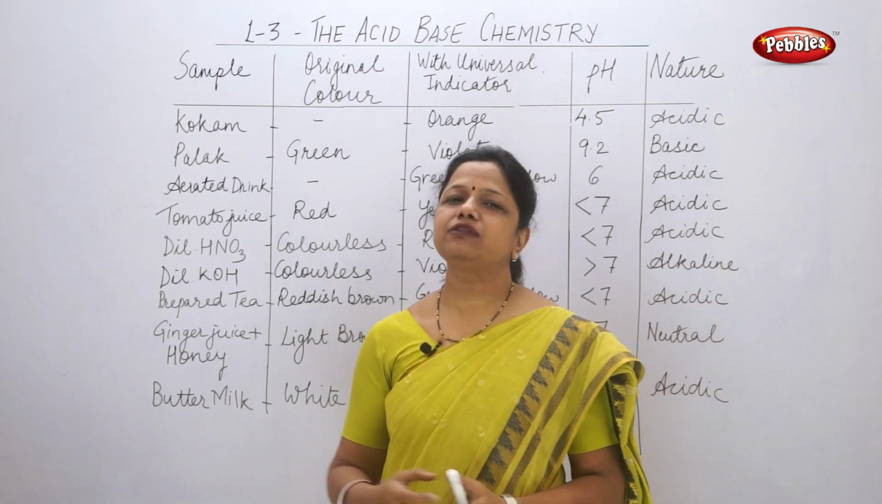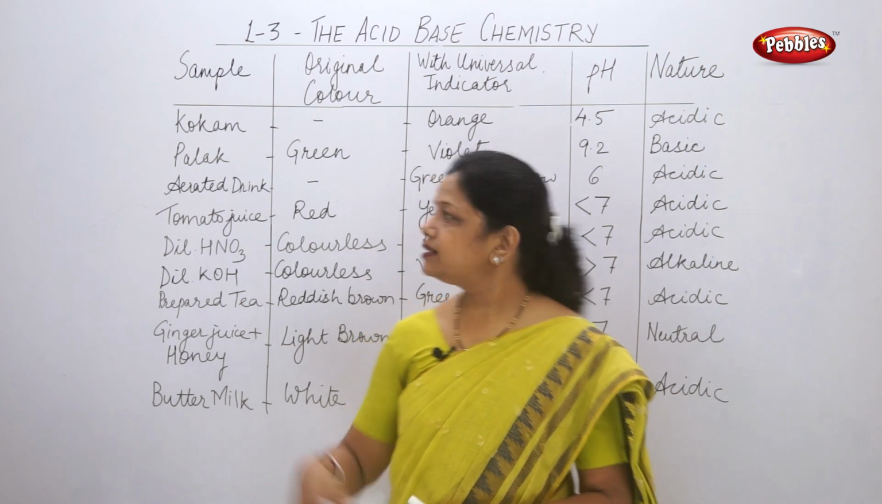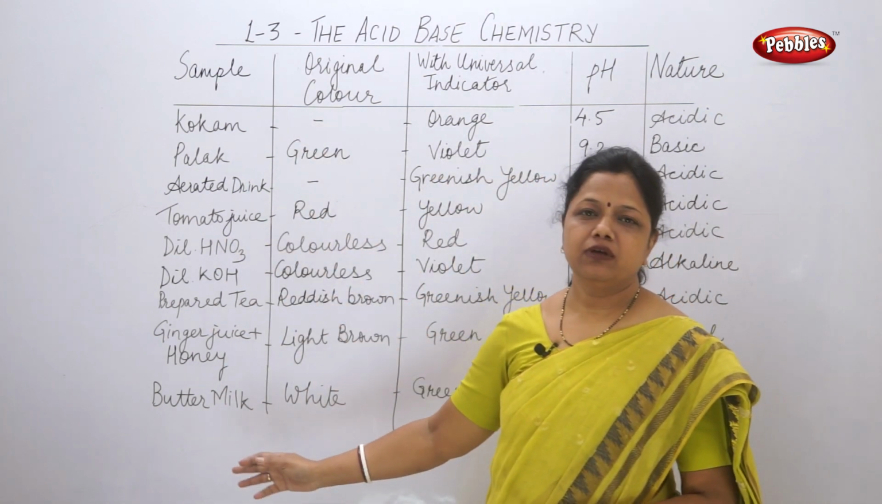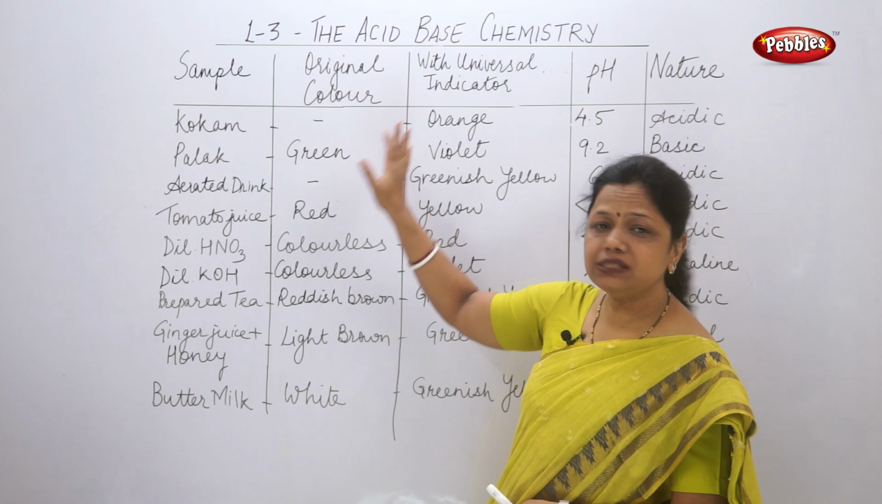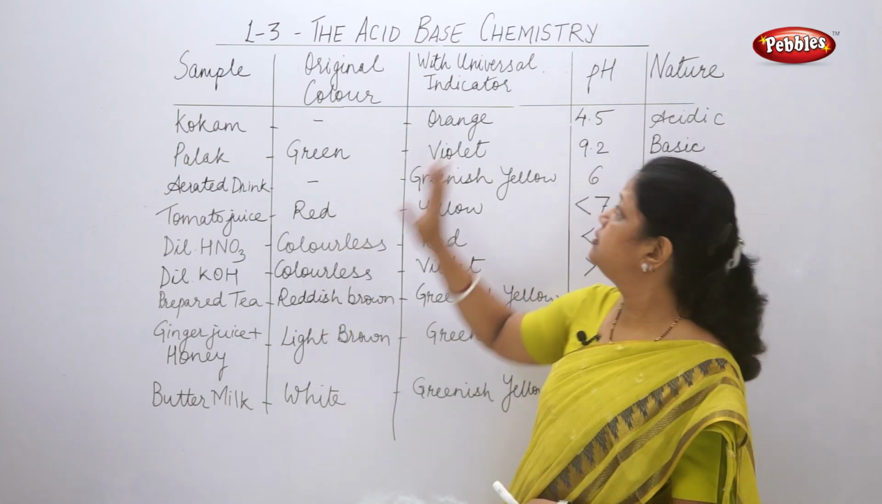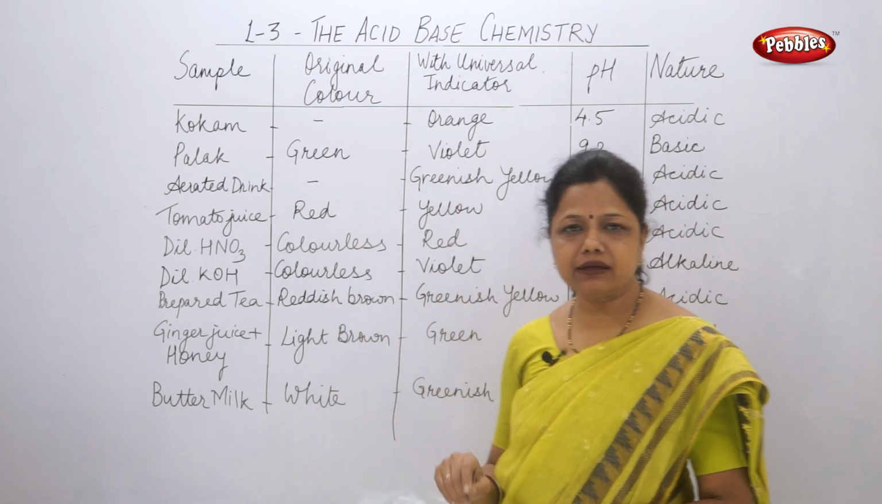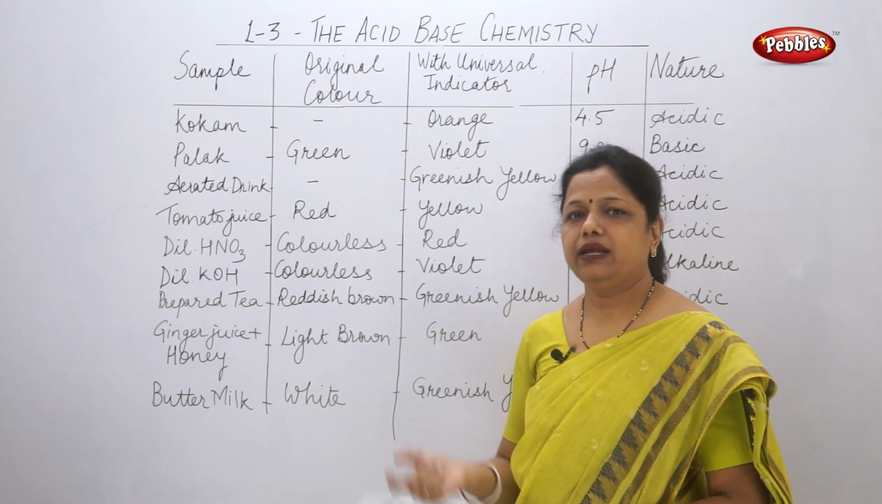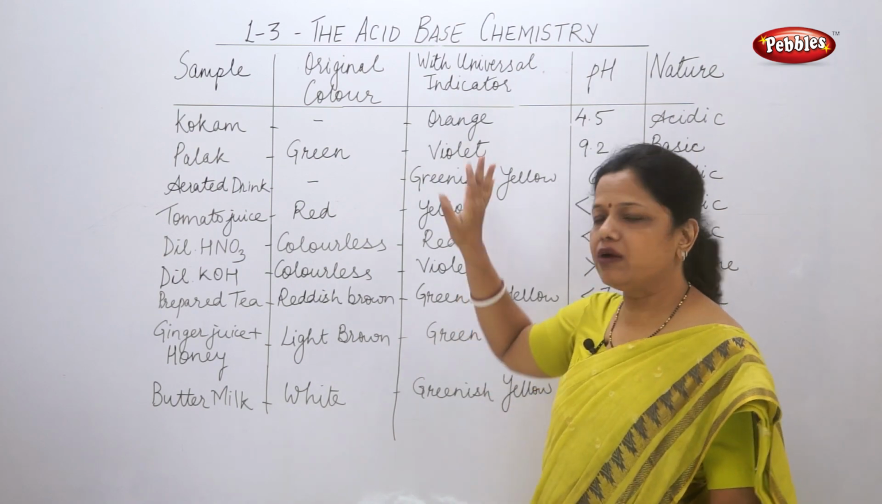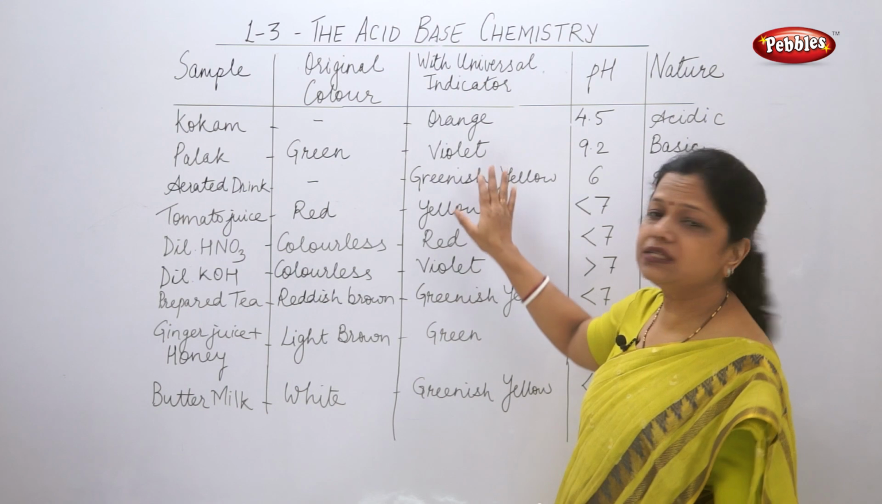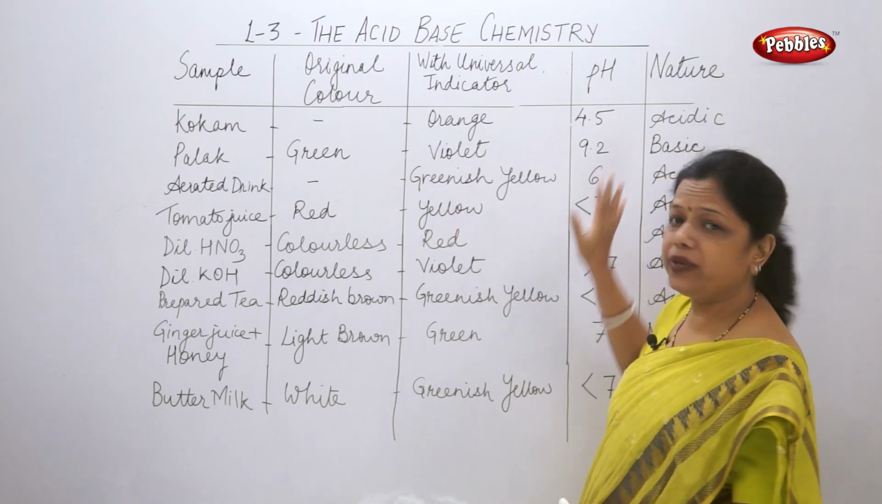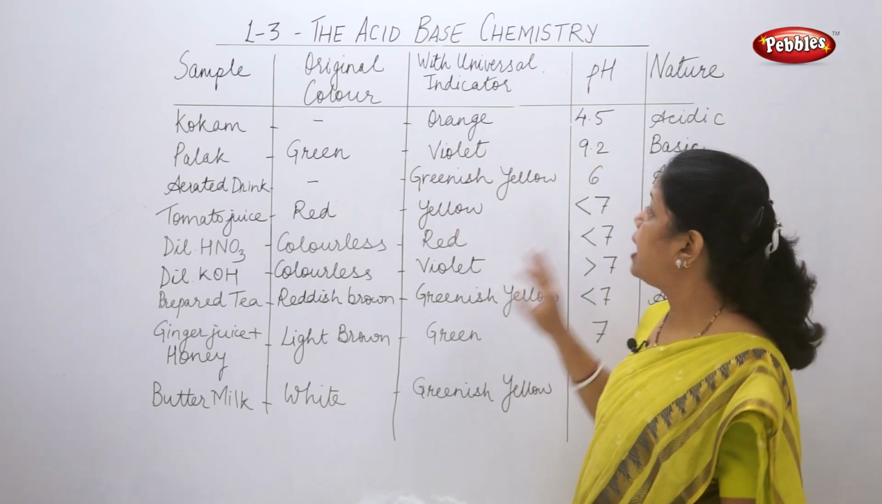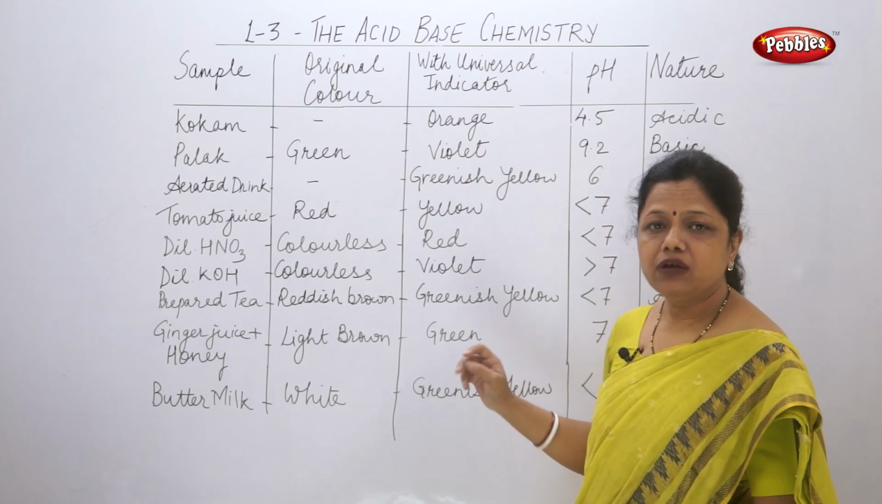We'll go to table 3.3. There are some samples given in your book where you have to write the original color of the sample. Then with universal indicator, is there any change? If there is a change, you have to write the color. Based on this color, we have to write the approximate pH,